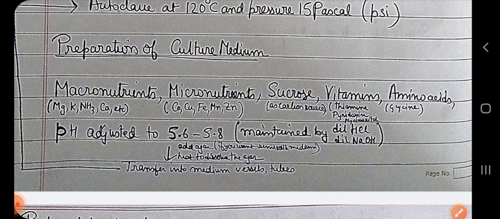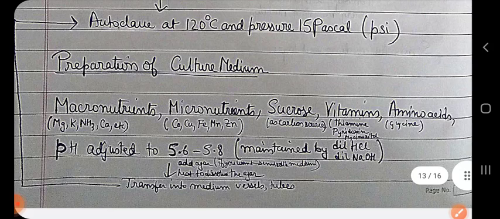And then we have to dissolve the agar. For dissolving the agar we have to use a heater. For dissolvement of the agar we can also use your microwave oven for heating, melting that agar in that medium. And then we have to transfer that medium into the vessels, into the tubes where we want to